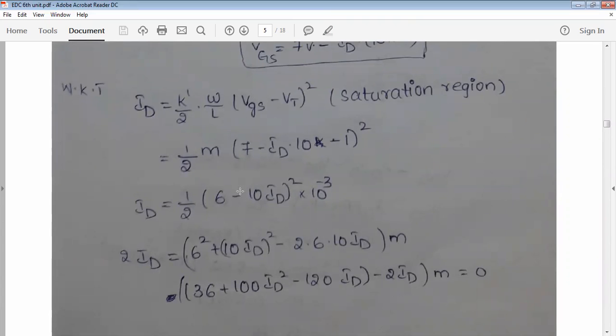Okay, then simplify this expression. 1 by 2, remaining entire thing is 1 milli. 7 minus ID minus 10 K. Here generally current is represented in terms of milli. So that is equal to